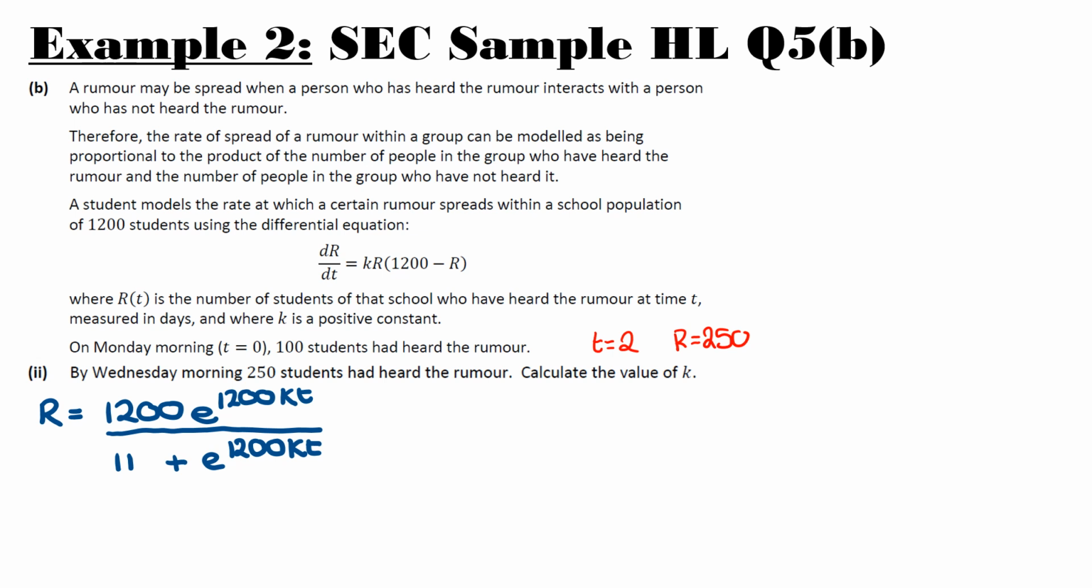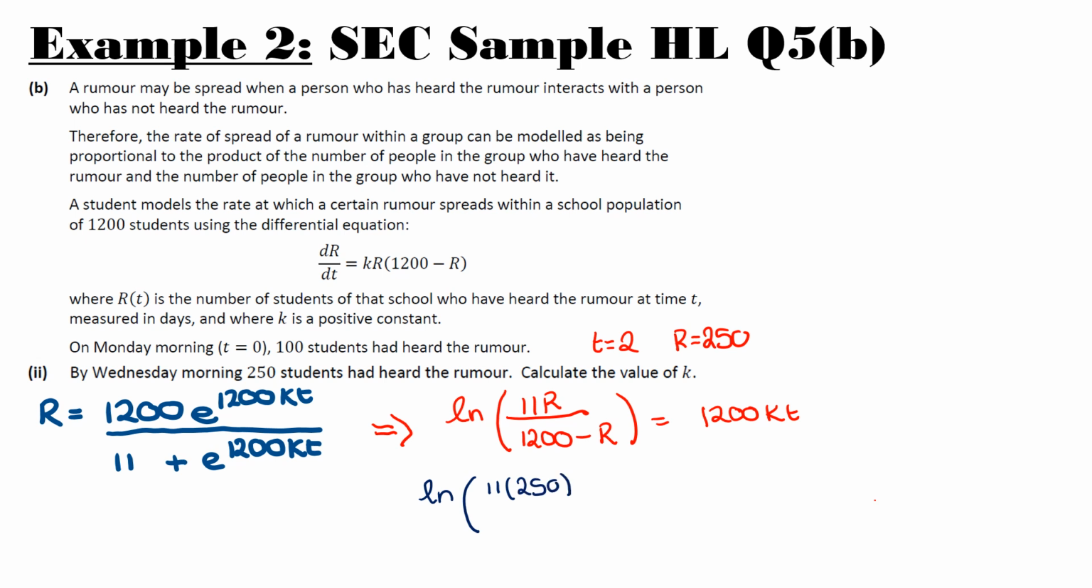However, if you want to save some time, and this exam can be very time consuming, it is nice to go back to the previous part and look for a time when k was not isolated, but it's only in a single term. So actually, if I go back to our previous part, we had a line that was ln 11 or over 1200 minus or is equal to 1200 kt. And that's a much better line for me to work with, because my substitution is going to be so much quicker. So when I plug this in, so 1200 minus 250,